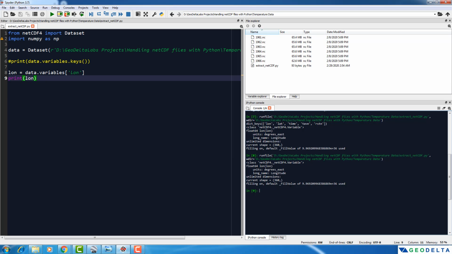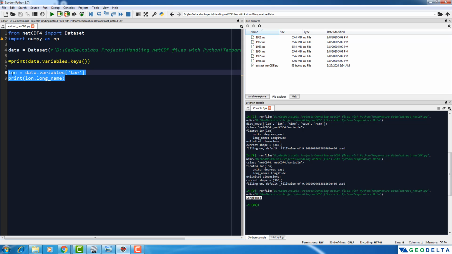Another way to directly access this long name, which gives us the indication of what exactly this shortened version of the variable means, is to print lon dot long underscore name, and when you print this, it tells you this variable refers to longitude. Now if I do the same thing with latitude,